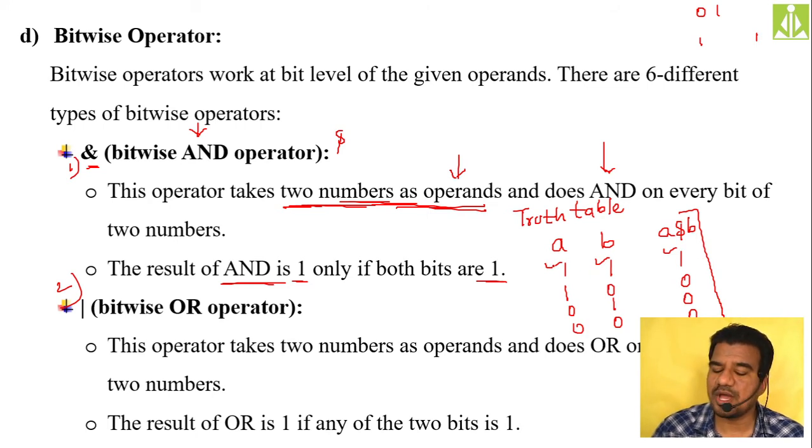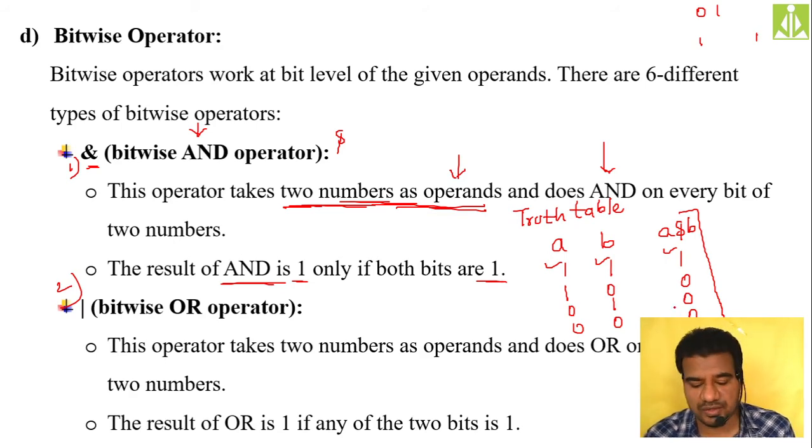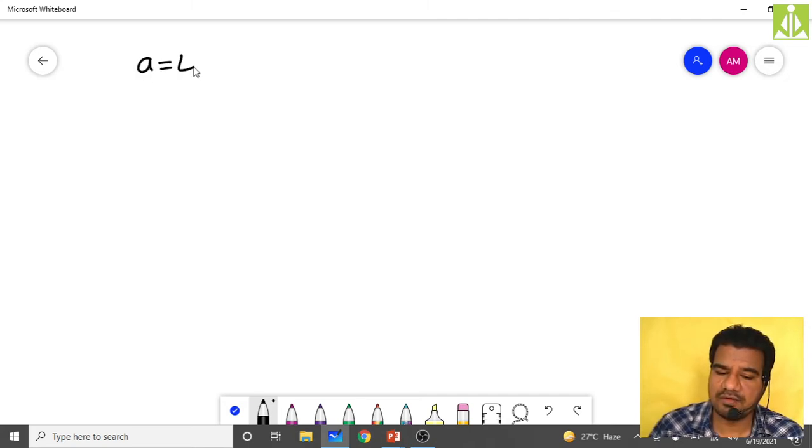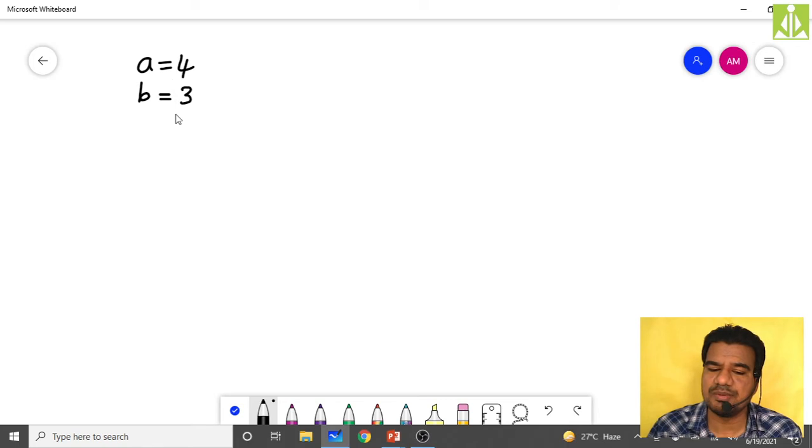So for all possible combination cases, we have discussed the resultant values. If we have 2 ones, we will get the result 1. If we have different bits like 1 0 or 0 1, we will get the result as 0 only. And if we have both bits as 0, in that case also we get 0 only. So just go to our whiteboard application and take the example, like we have taken the value A as 4 and B as 3.